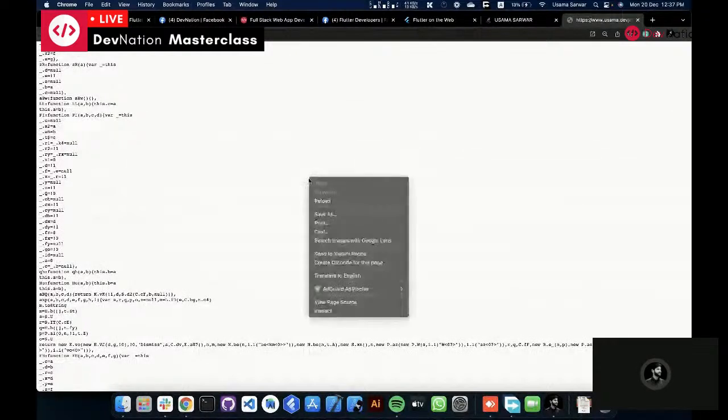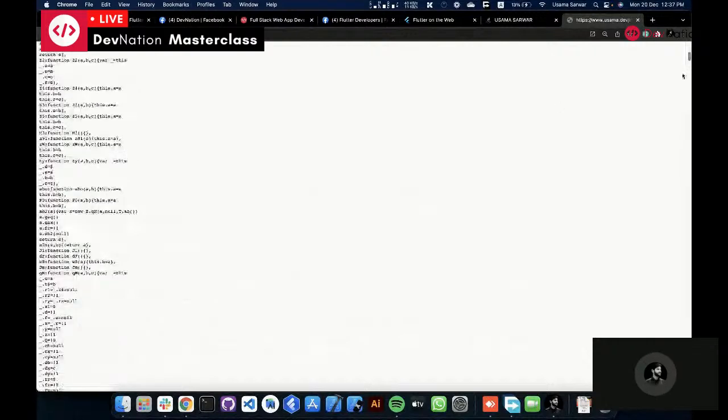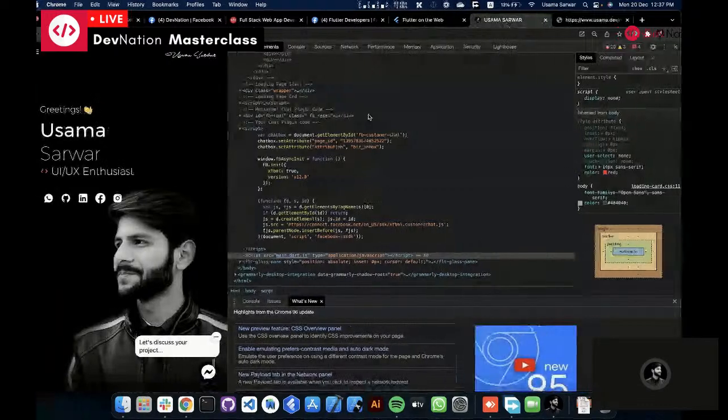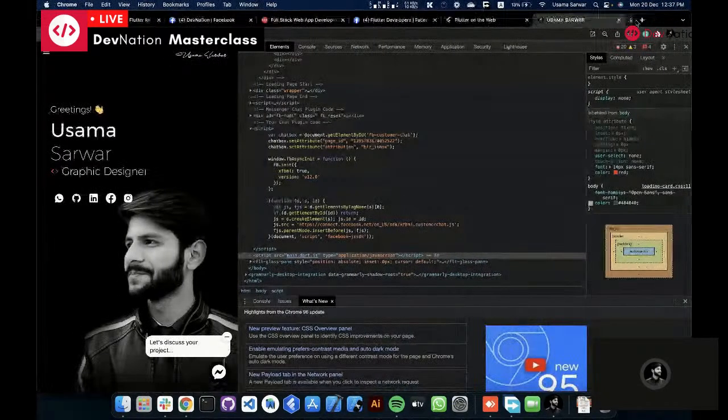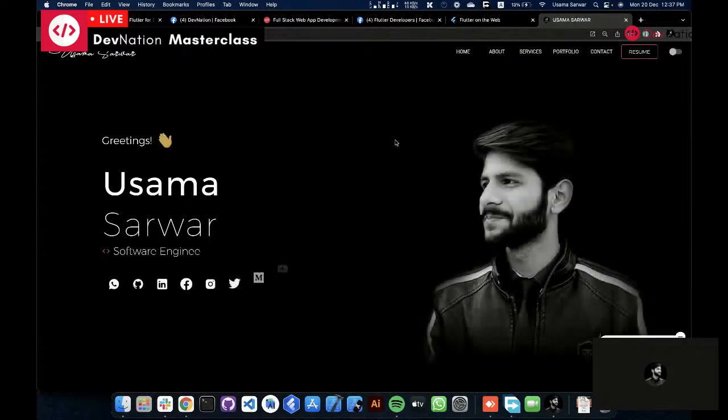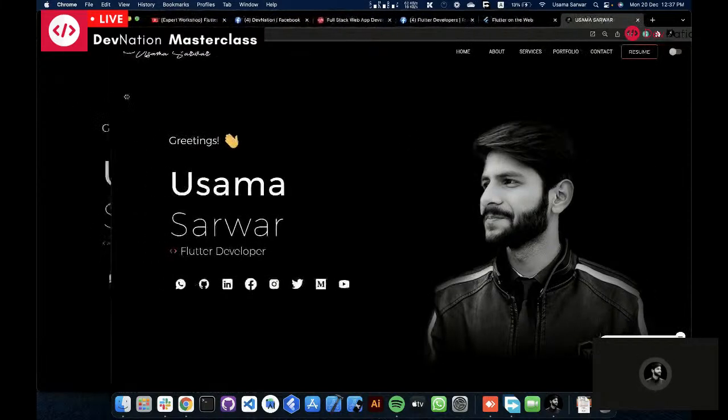There is no line number mentioned here, but it might be over 10,000 lines of code, all in JavaScript. So Flutter is responsible for this conversion. And if we talk about responsiveness, if I resize my screen,